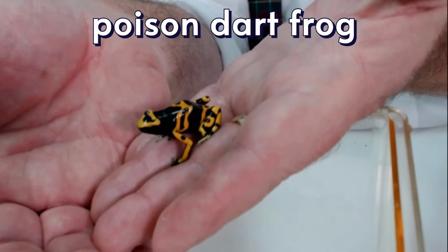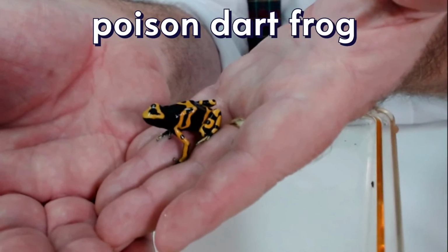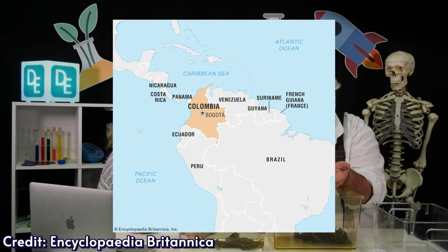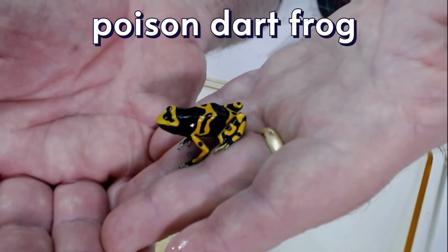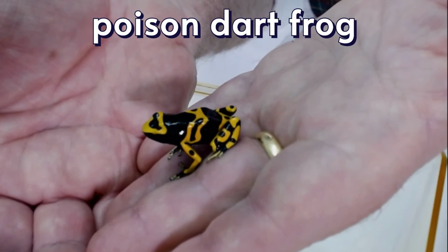It seems that their diet in the wild, which includes ants, the chemicals in the ant help produce the toxin in the skin. So this is a bumblebee poison dart frog from Colombia, Venezuela, the northern part of South America. So from the Amazon rainforest? The northern part of it. The northern part. They like it nice and warm and tropical, and they're active during the day, and they are